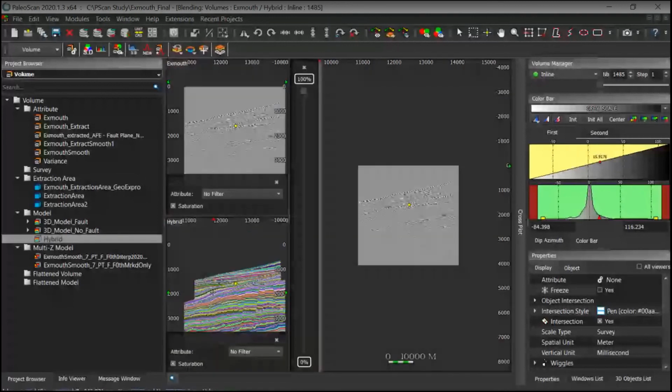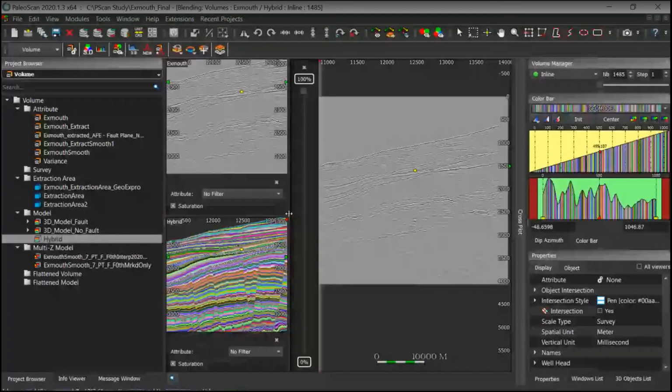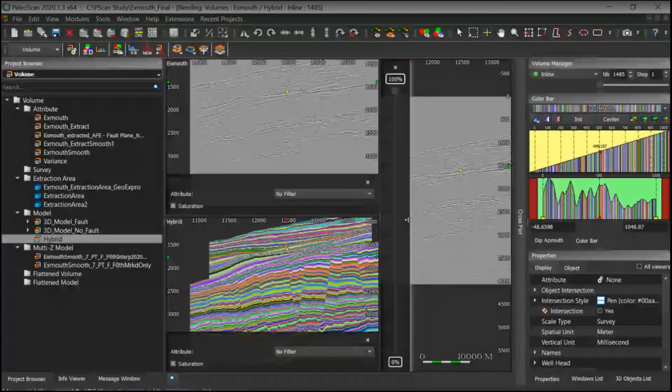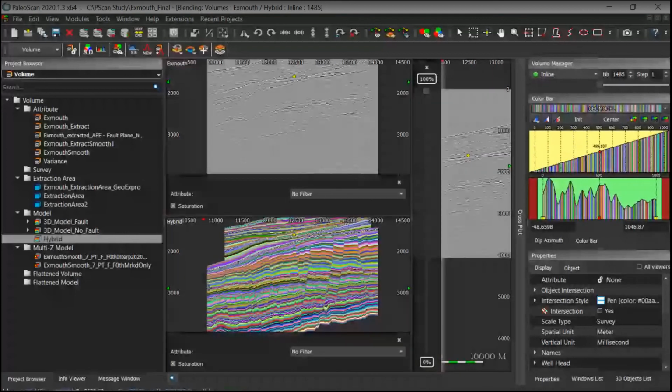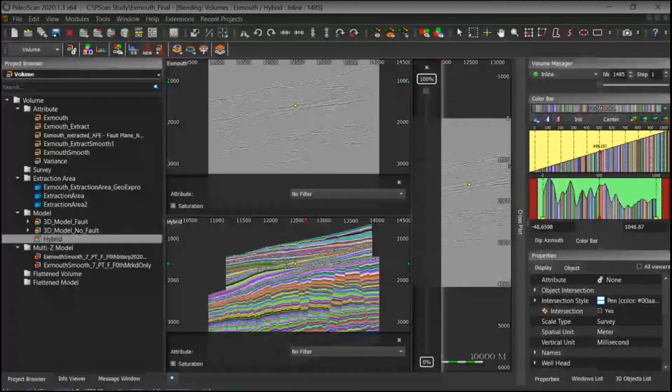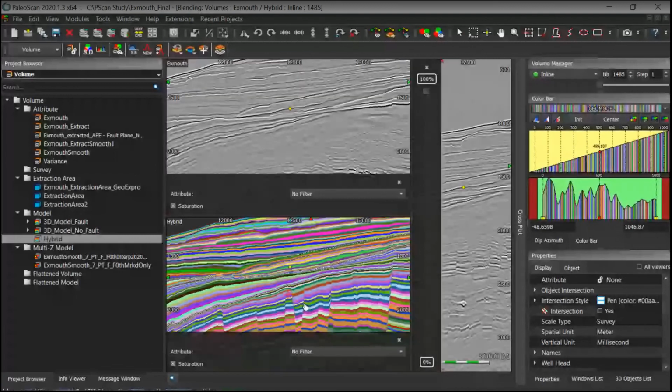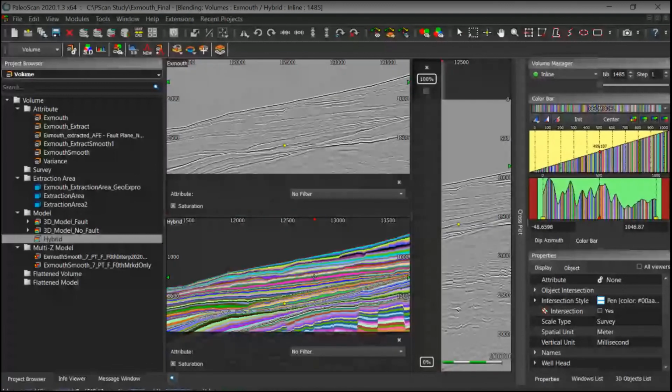Okay. And in this example, you can very nicely see the difference, the limit in between the two models, because the two models have been created from the classic on the top, from a cropped seismic, and for the bottom, for the marked only faulted geomodel, it's been created from a model grid that wasn't cropped in here. So you can see laterally that the extent of the model changes. But anyway, you can see that vertically, we've combined on top a classic model here, and on the bottom, we've used the marked only